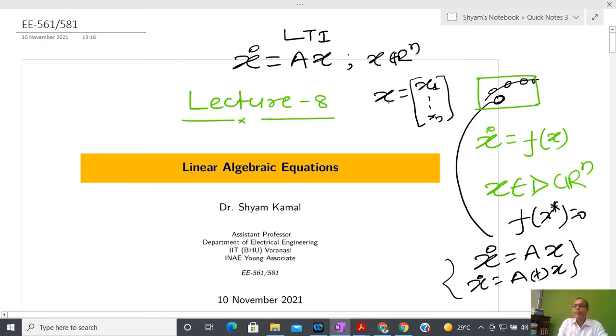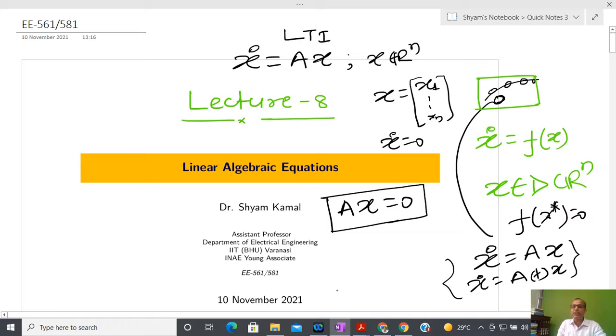Now I am saying that I cannot move somewhere, so you can apply Newton's first law. If x dot equal to 0, which is not a single quantity but some kind of vector, meaning the rate of change of the quantity is 0, then that is called velocity. If velocity is 0, then by Newton's first law I cannot move, and due to that reason the equilibrium point is nothing but the solution of this equation, Ax equal to 0. Anyone has confusion on this?